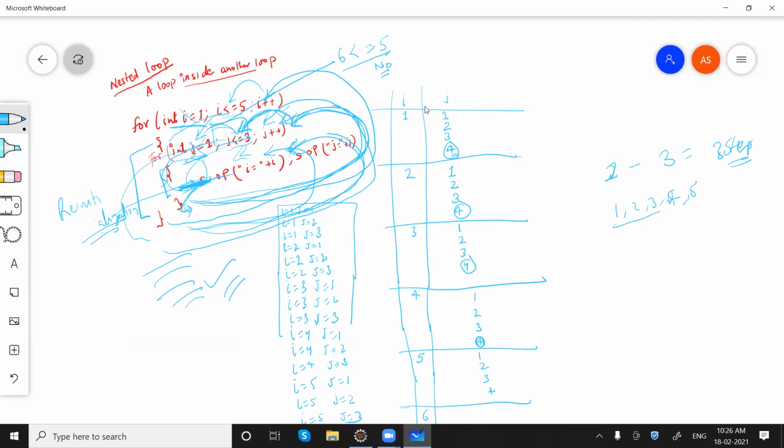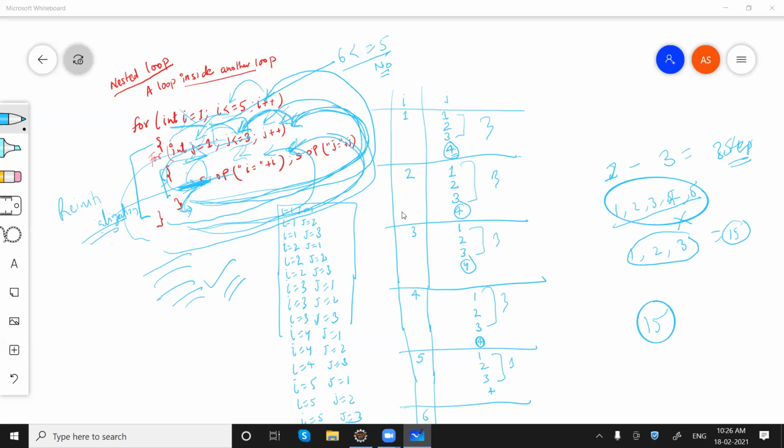So we can say it's running for these numbers, and the inner one is running 1, 2, 3, total 3 times. So total how many times? 15 times, right? So 3 plus 3 plus 3 plus 3 plus 3, that is 15. So everyone, I believe, got the idea.